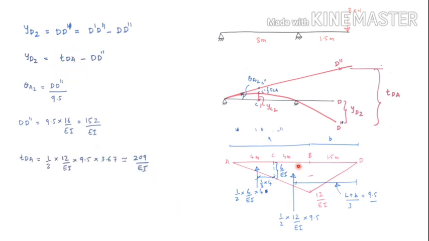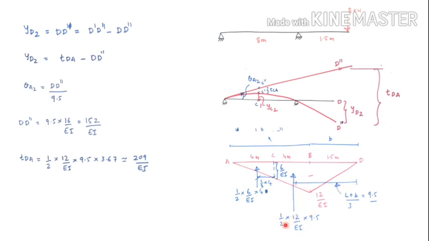So to find TDA, we have to use moment area method, theorem number 2, which states that moment of TDA equals moment of area of the M by EI diagram between A and D with respect to D. So this entire M by EI diagram we have to refer because it is between A and D. And you see, first you have to define the total load of this M by EI diagram. Okay, so total load is nothing but the area of this M by EI diagram, which is acting at the centroid of this area, into perpendicular distance.